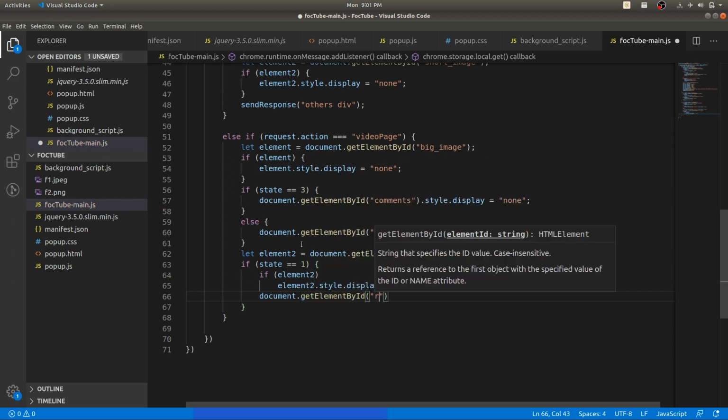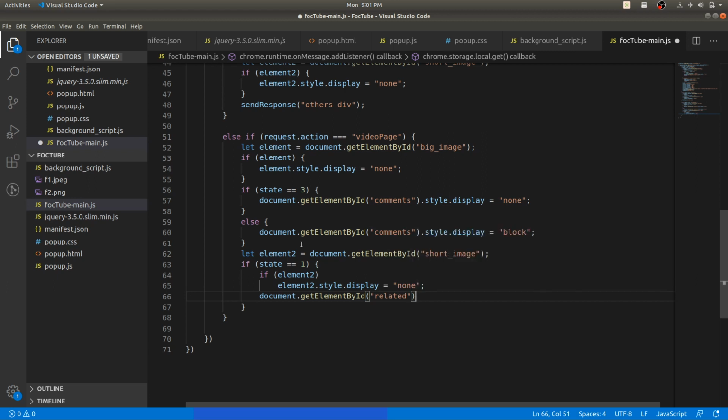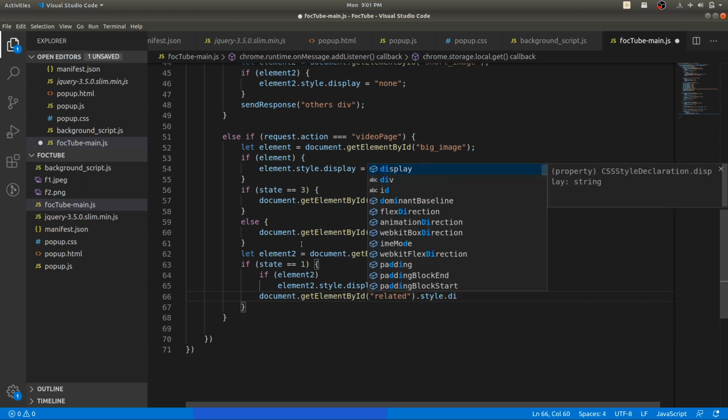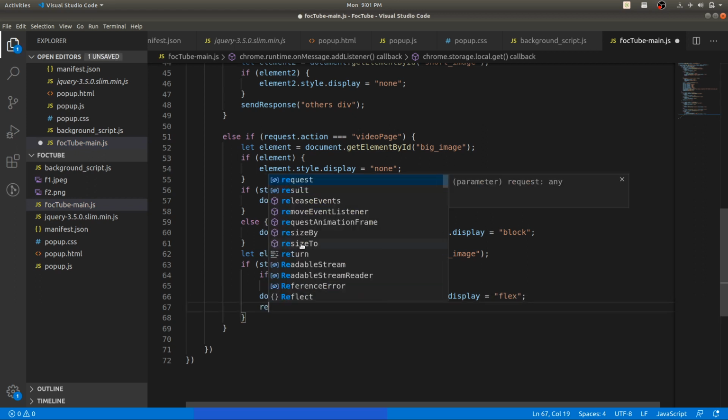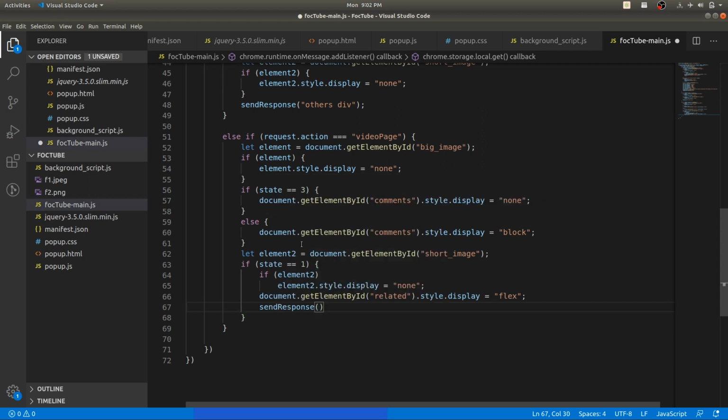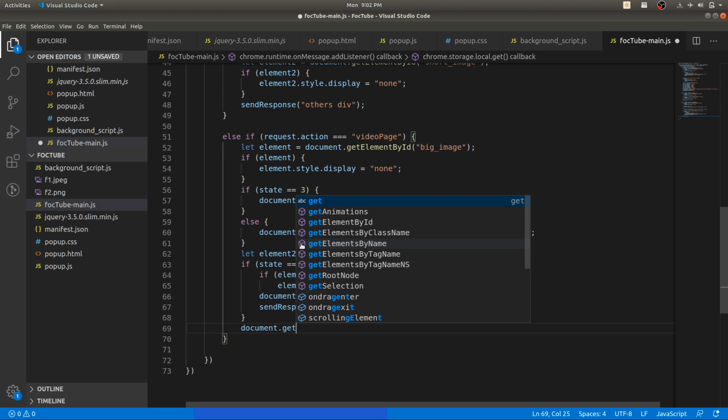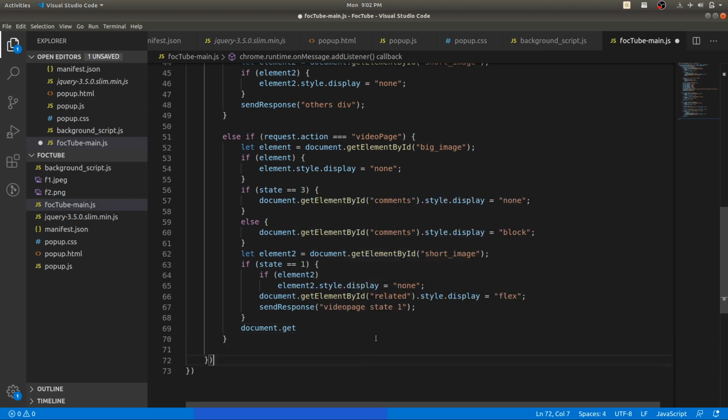And then you can say document.getElementById and related. So you know the site suggestions, all the elements in the site suggestion are contained in the div called related. So we will restore its state, and we will send back the response.